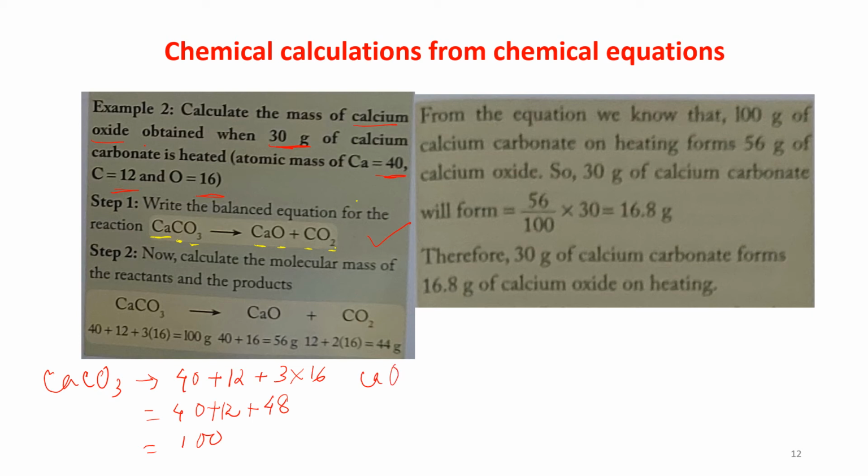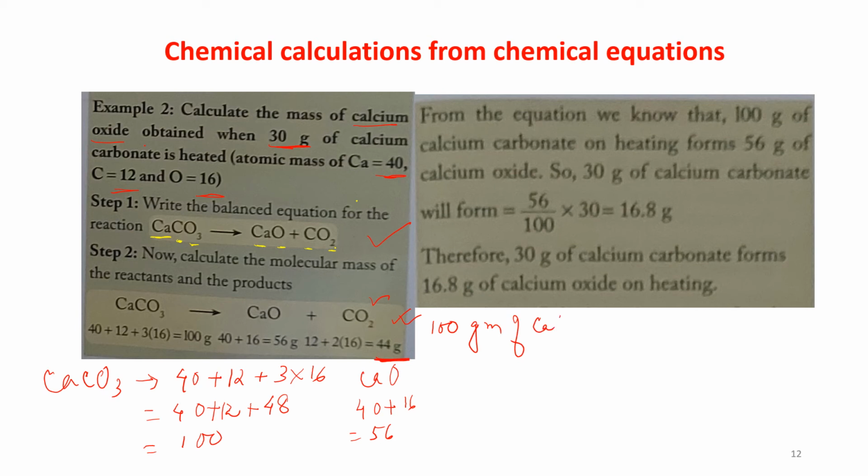Calcium oxide, that is 40 plus 16, it is coming to 56. And CO2 is coming to 44. Now, you have to find out the mass of calcium oxide that is obtained when 30 gram of calcium carbonate is heated. Okay, so you have to do it by the unitary method. So you have to frame a sentence in such a way that calcium oxide should be in the right hand side. So from this equation, we can write that